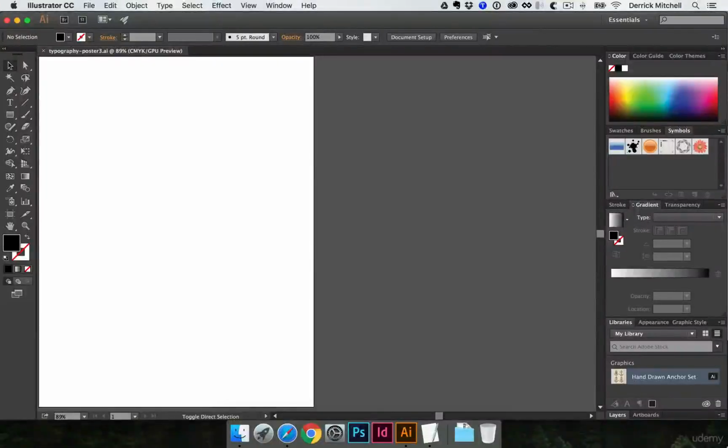All right, if we're going to make a typography poster, it's about time to learn how to bring in our text. So what I want you to do is copy that quote you have wherever you have it, or get ready to type it out. Hit the letter T to get your type tool, and I already have my quote copied to my clipboard, so I'm just going to click once, hit Command V to paste that in there, and you'll see it drops it in a